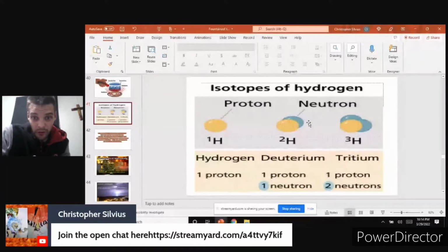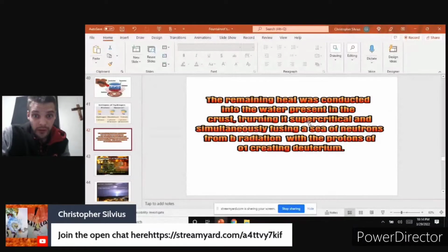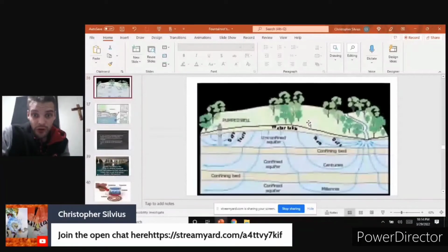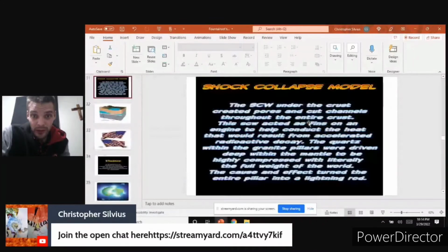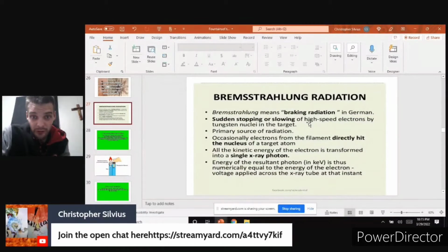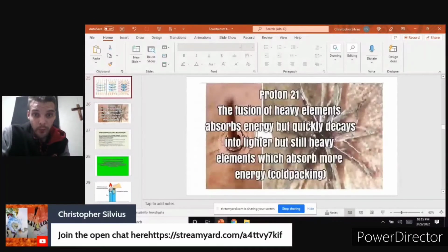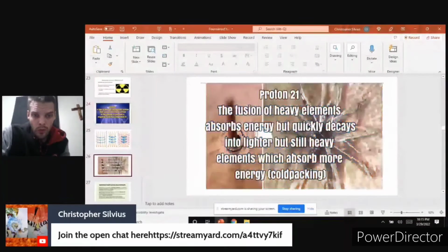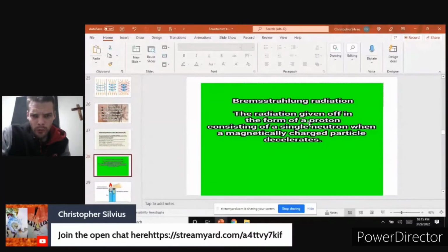But this deuterium, this isotope of hydrogen, can be produced just by adding a single neutron, which you would have available with these huge voltages of electricity. We'll discuss Bremsstrahlung radiation, and then we'll get into more of the electricity part. Bremsstrahlung is braking radiation, the sudden stopping or slowing of high-speed electrons. The radiation is given off when a magnetically charged particle